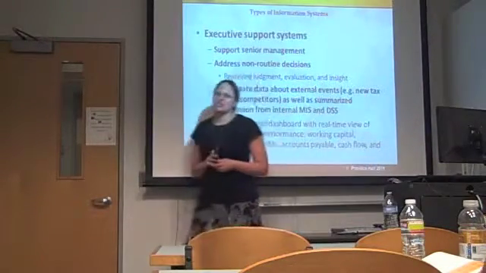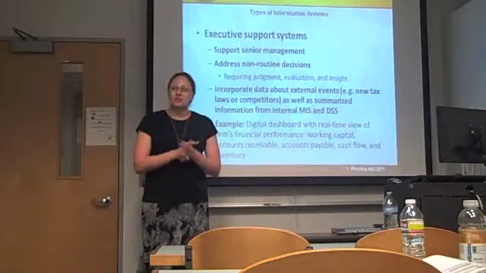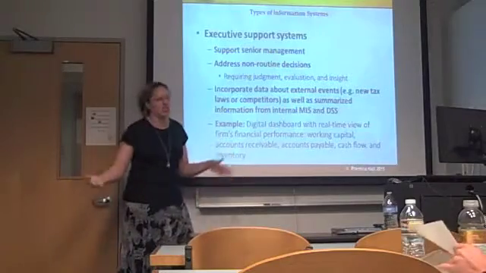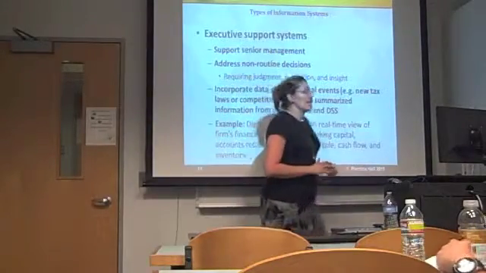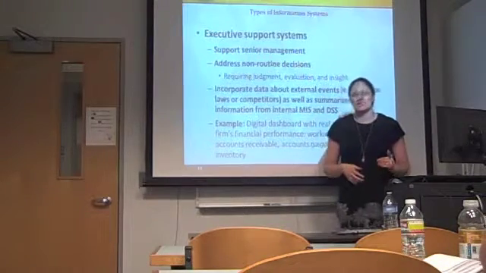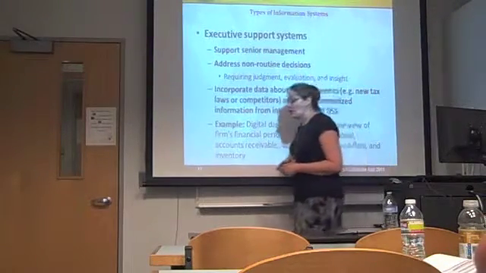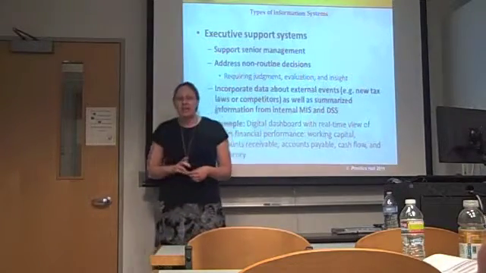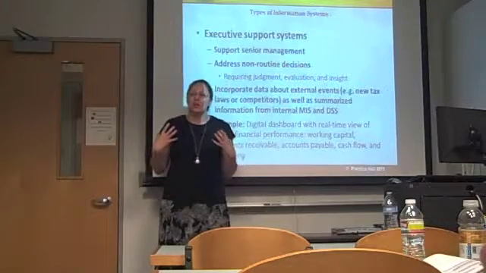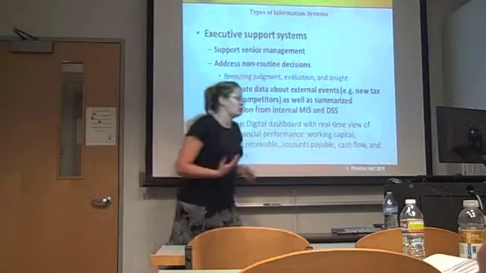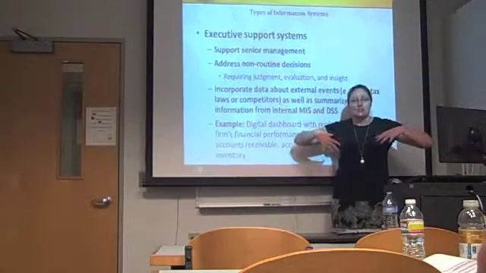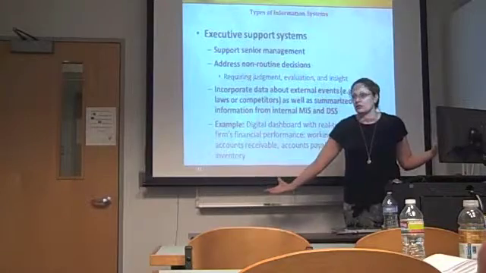Executive support systems. Executive support systems support the decision making of your senior management. These are your executive level, your CEO, CFO. And again, these types of systems support non-routine decision making, okay? A lot of the decisions that are made at the strategic level of the organization tend to be these non-routine types of decisions, okay? And it incorporates information from within the organization as well as outside the organization, because